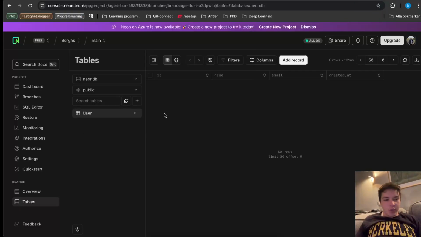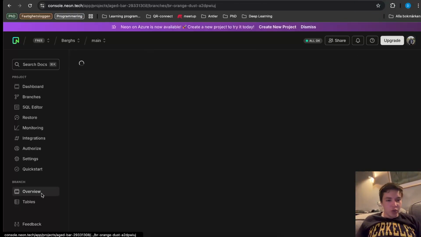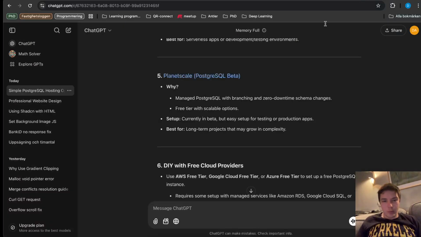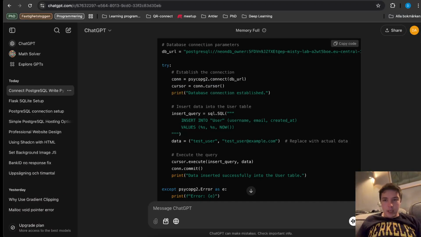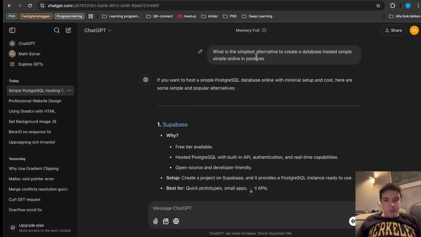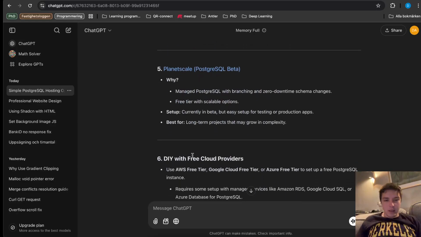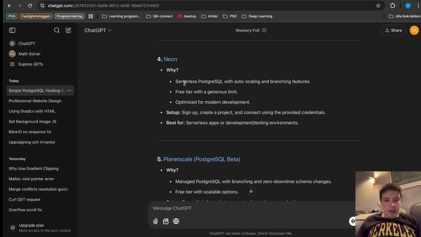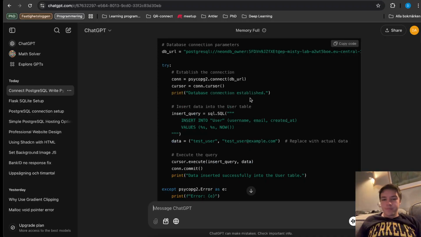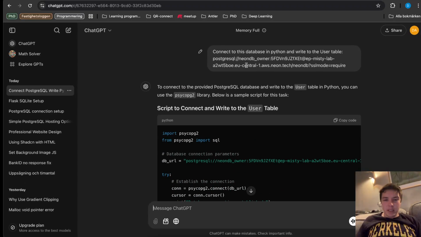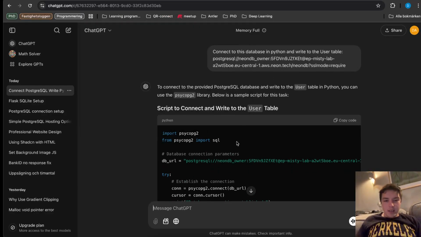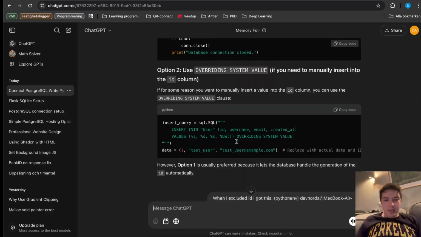So what I did was I went to my connection string, like in the quick start, and I just pasted it. I showed the password. I just asked ChatGPT which Postgres provider it recommended. I said PlanetScale. They even had Neon here, which I use. Okay, I asked ChatGPT just how do I connect this Postgres string, and basically what it's saying is that you